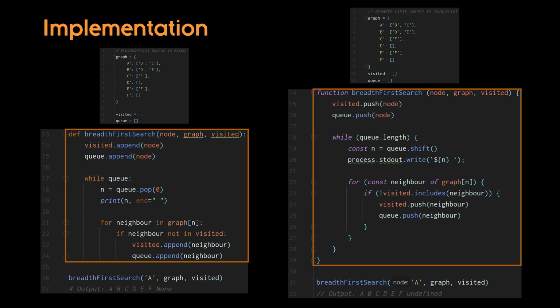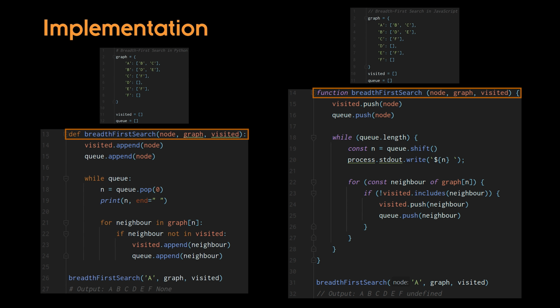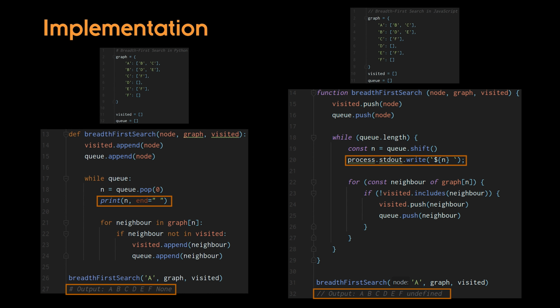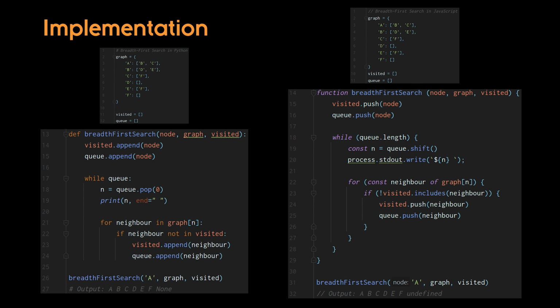On the bottom half, we have our breadth first search. It takes in a node, a graph, and the visited list. And this version will print the nodes it visits. Note that you could tweak parts of this algorithm to best fit your objectives, but they all have the same